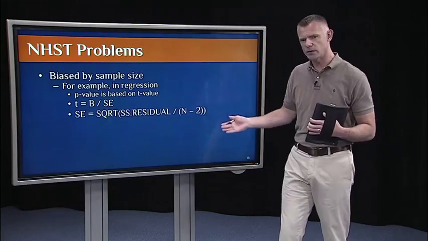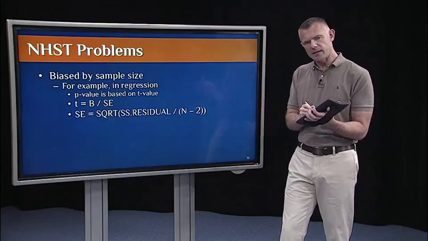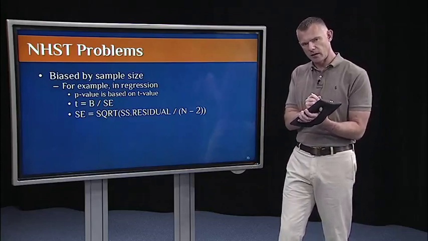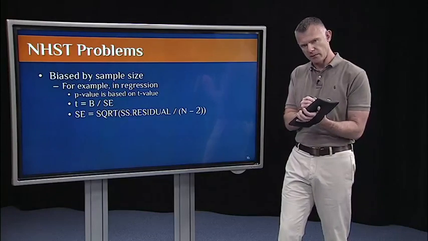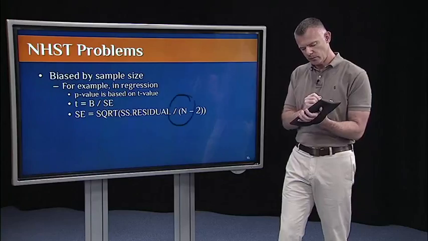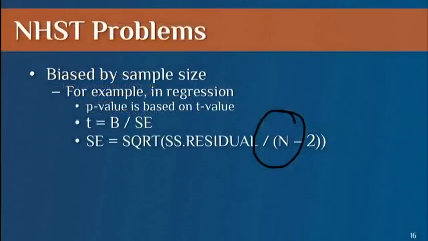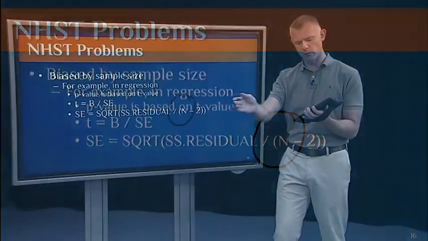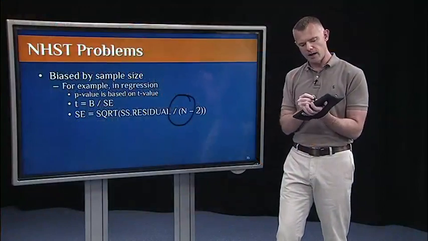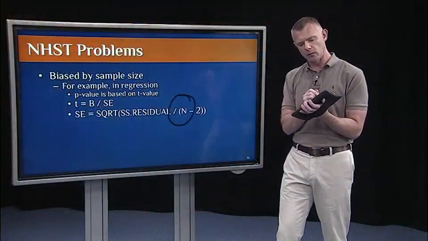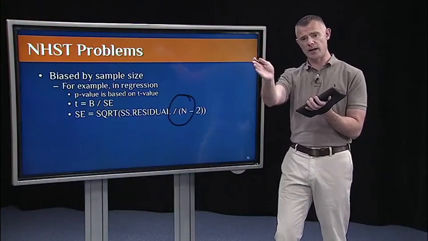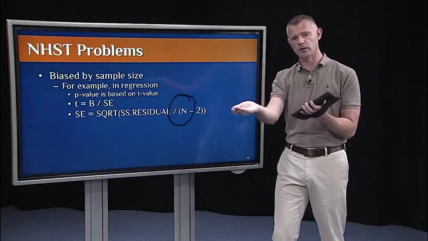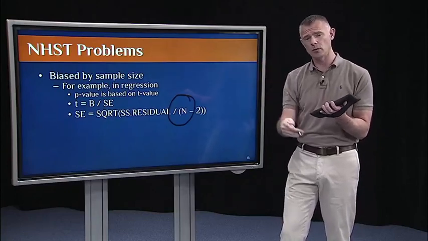The important thing to notice here is n is in the denominator of the standard error equation, and standard error is in the denominator of the t equation. So here's n. Imagine that I just jack up n really, really high. Imagine I get a huge sample of thousands of people. If n goes really, really high, then standard error is going to go really low. If standard error goes really low, then the t-value is going to go very high. And a high t-value is always going to be associated with a very low p-value, which would allow you to